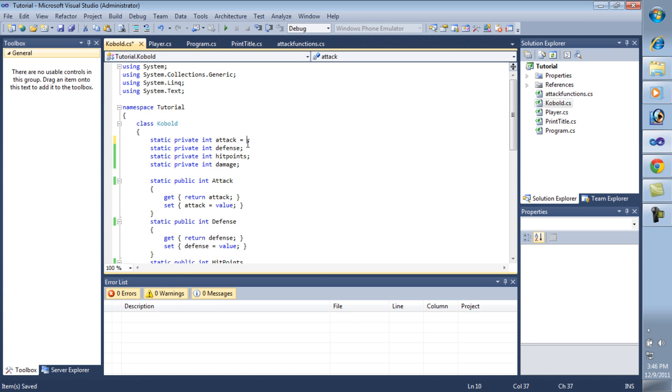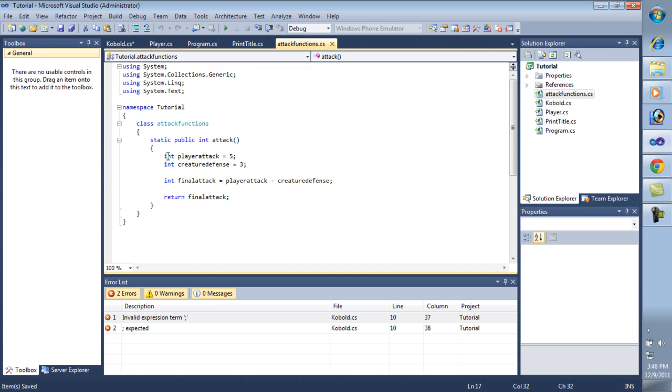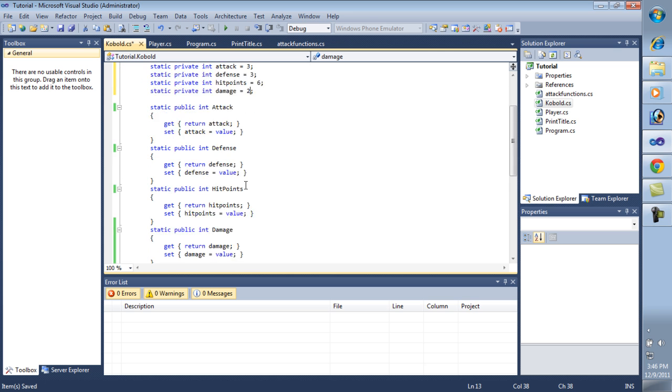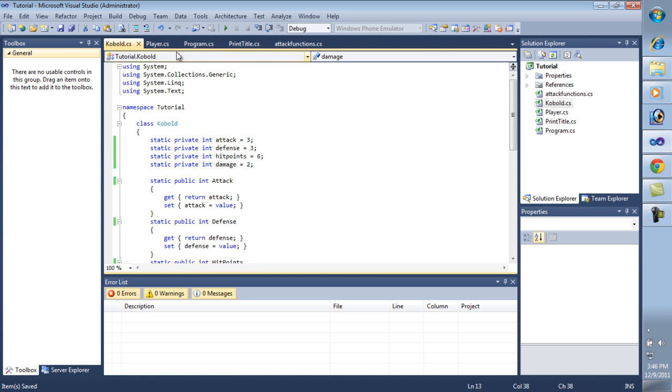Let's give him a, I feel like I've already done this before. That's okay. We just never erased that. I was like, wait a second, I thought we did this. Let's give him a 3 on everything except for the hit points, of course. Let's give him 6 hit points. That way 2 massive critical hits can kill him. And let's give him a damage of 2. And we will save that